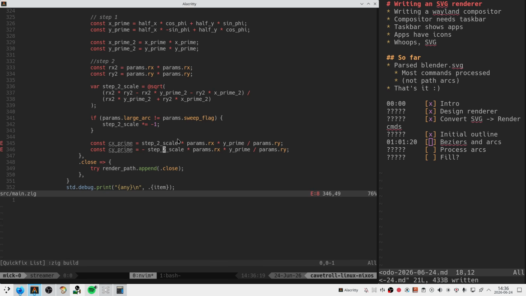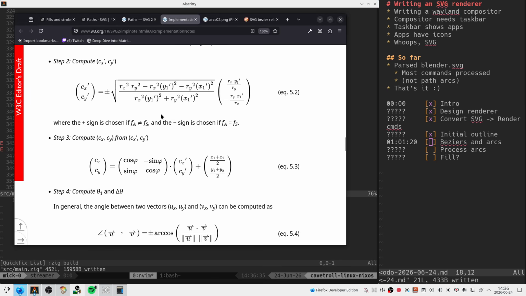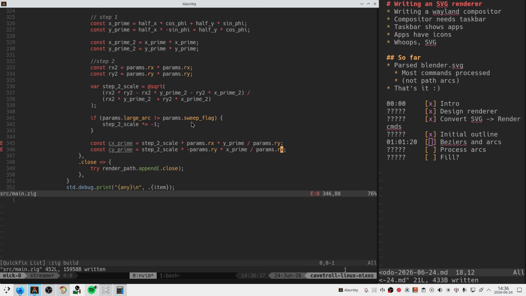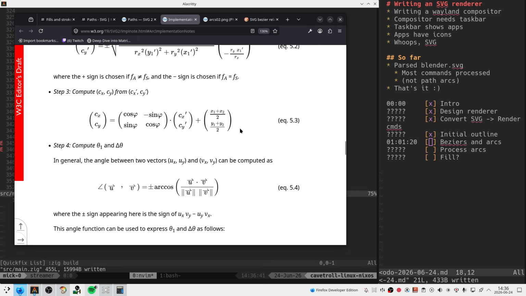Okay, so this is negative Ry, we'll say, times X prime over Rx. All right. Step 3. So this is